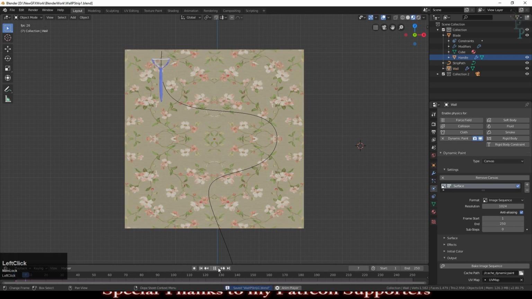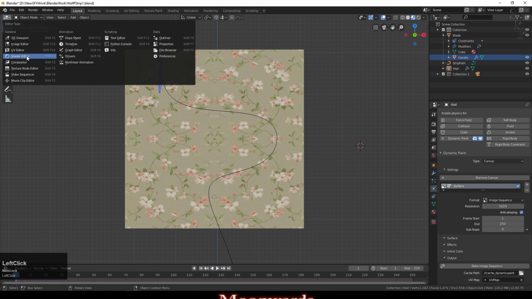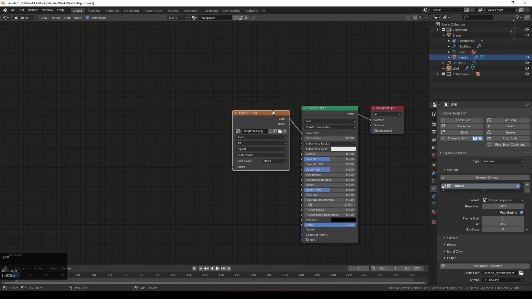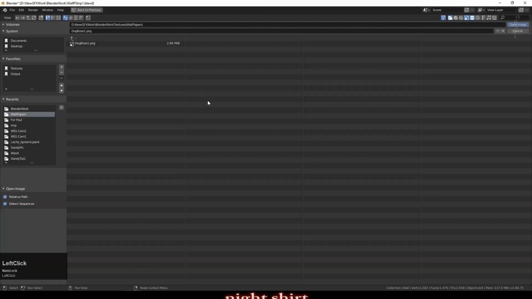So having done that, even if we press play, we can't currently see any difference. And the reason for that is because we need to now incorporate our paint map that we just created. So rather than using the shading option up here, I'm now going to select shader up here because I need plenty of screen area for this. And I'm just going to duplicate that image node and we're going to open here.